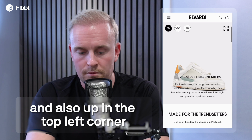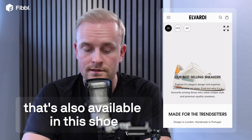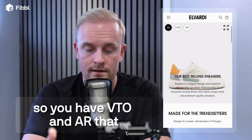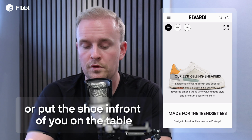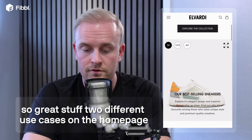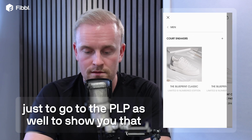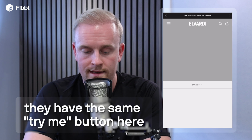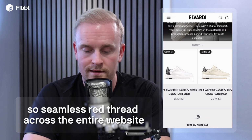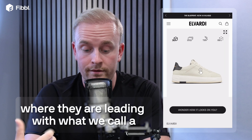And also up in the top left corner, they have also incorporated the other technologies that's also available in this shoe. So you have VTO and AR, so you can try them on your feet or put the shoe in front of you on the table. So great stuff. 2 different use cases on the home page. Just to go to the PLP as well to show you that they have the same try me button here. It's a seamless red thread across the entire website